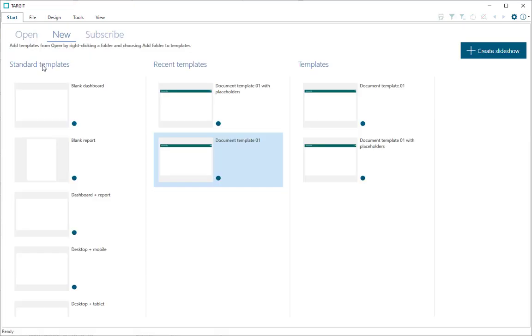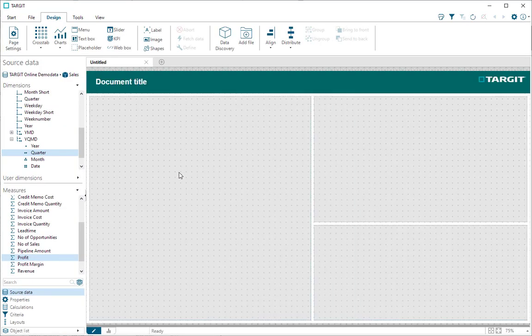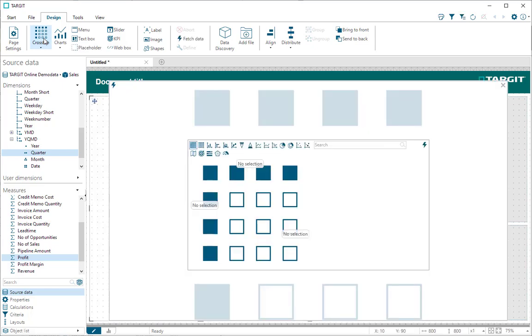I'll close it and then start using it. It is right here, so let's try it. And we can see it comes up with the 3 placeholders. And now the idea is you select the placeholder first, and then in this case I'm going to replace it